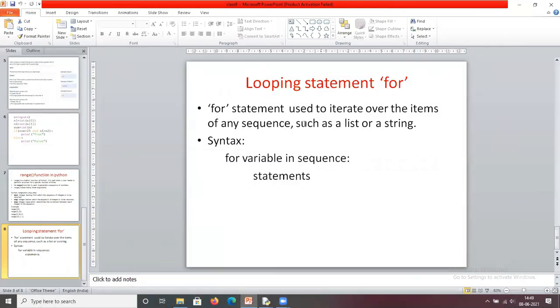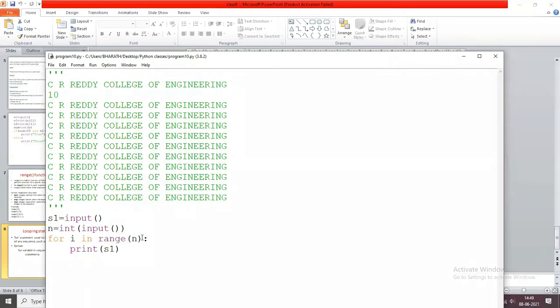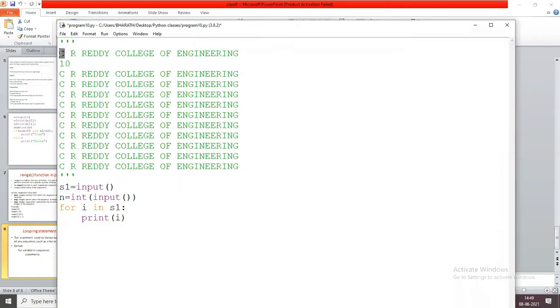Similarly, you can use a string also. For example, instead of range of n, if I give s1, and instead of print s1, I give print i, what is the expected output? It prints C in one line, space in one line, R in one line, space, E like that.